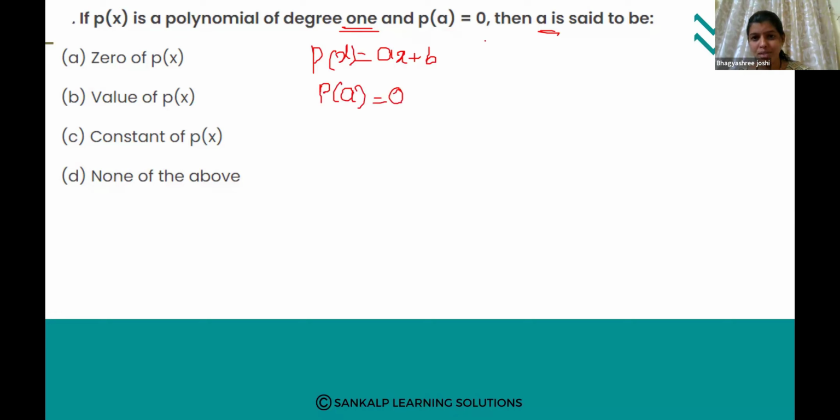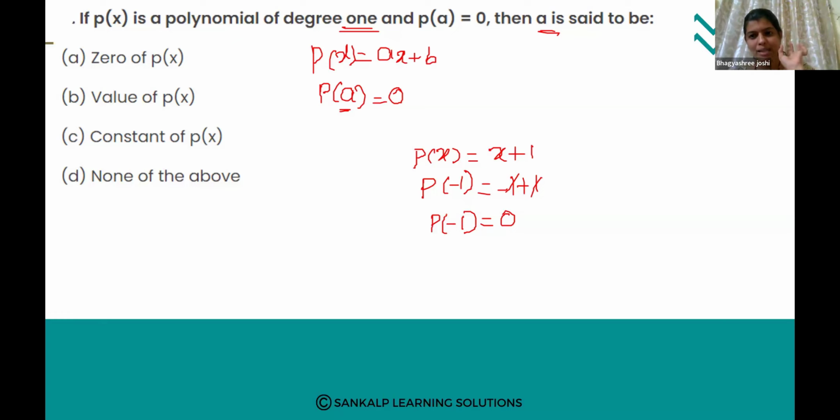P of A equal to 0, then A is said to be, see my dear children, if P of X equal to X plus 1, if I take P of X equal to X plus 1, then if I take X equal to minus 1, X equal to minus 1 plus 1, both will get cancelled. What you will get? 0. Okay. So when you will get 0, P of minus 1, when you substitute X equal to minus 1, then